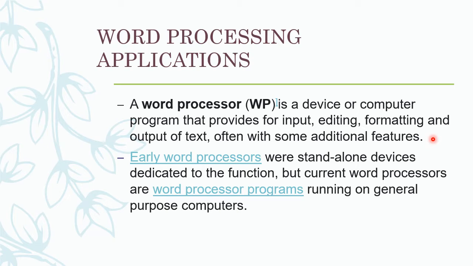Usually, the word processor takes input from the user, and after getting the input, the input is edited with the help of features available in the particular word processing application, and then we can change it, that means formatting. We can change from one form to another, and then we see the result, how it becomes a printout. That is the output. We can change the words, the paragraphs, the essays, and the colors. We can change everything. That is called a word processor.